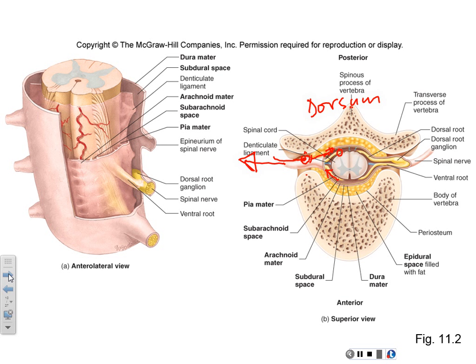Okay, going away. Okay, so by definition, really, the spinal nerve is the union of the dorsal and the ventral root, because the dorsal and the ventral root come together and then they form the spinal nerve. Okay,